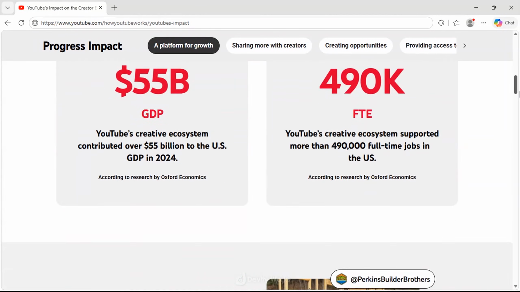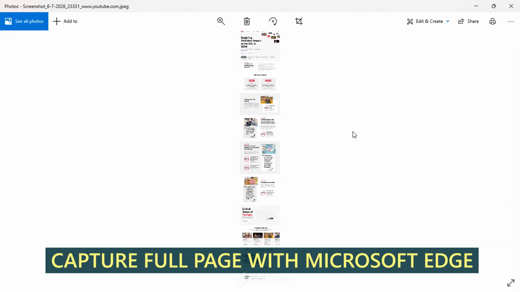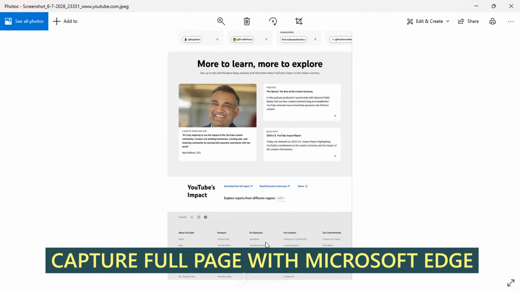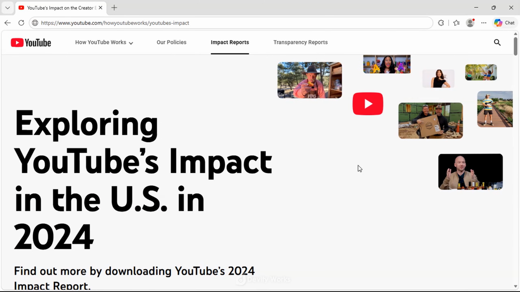When a web page is too long to fit on your screen, taking multiple screenshots can be frustrating. In this video, I'll show you how to take a full page screenshot in Microsoft Edge. So when you're viewing a long web page and want to capture the entire page, go to the top right corner